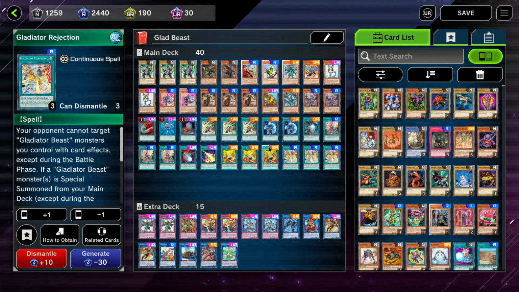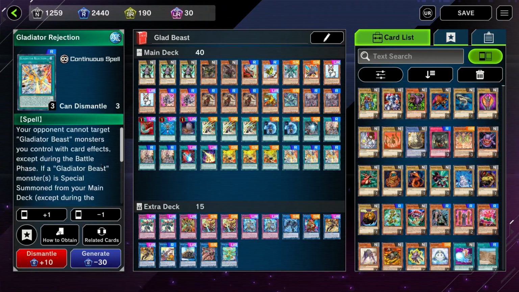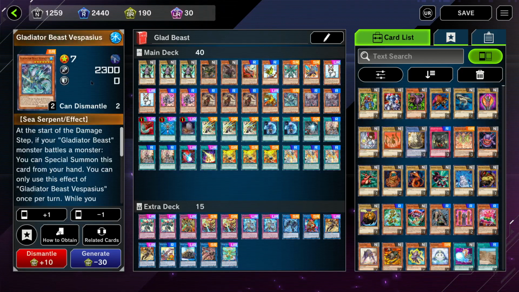And then Rejection, right, triggers and protects your Gladiator Beast monsters on the field from card effects. And also, when you return one back to the deck and special summon it out from the deck, you can activate its effect and special summon another one from the deck that you don't already have that specific type on the field. So like if I have a Wing Beast, I would have to special summon a non-Wing Beast like the Vaspirus